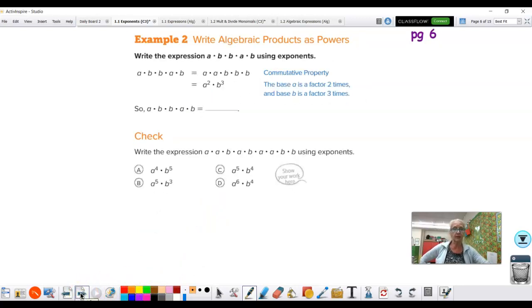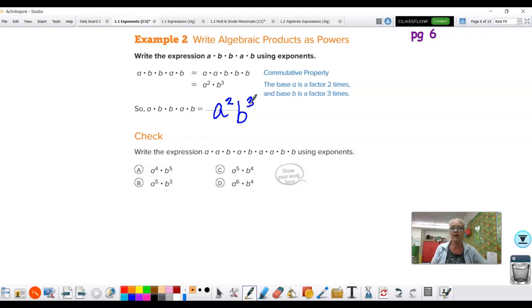Writing algebraic products as powers. So now instead of numbers, we're going to use letters. Same rules, same principles, just using letters instead. So in the example here, what they have done is they have taken these letters and they're all mixed up. So they've rearranged them so that the A's are together and the B's are together. And in math, we always do this alphabetically. So you would always put A before B. So A times B times B times A times B is equal to A to the second, B to the third. I didn't put the dot in there. You don't have to have the dot when you're multiplying